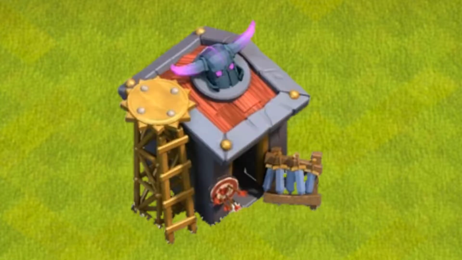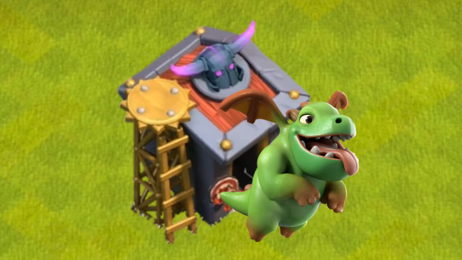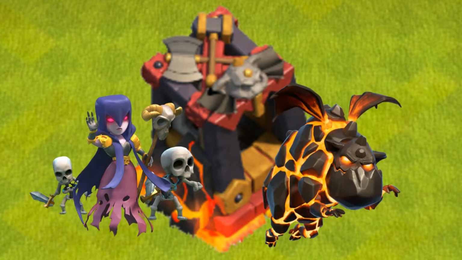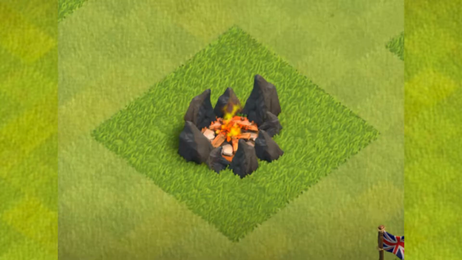As well as your barracks, you'll be unlocking the baby dragon, and with your dark barracks, you'll be unlocking 2 new troops, the witch and the lava hound, so be sure to get those up as fast as you can. Also with Town Hall 9, you're going to be unlocking new army camp levels. Try and get these upgraded because once you have them all to the max level, you'll be able to hold